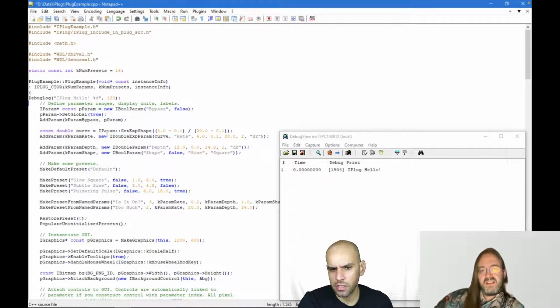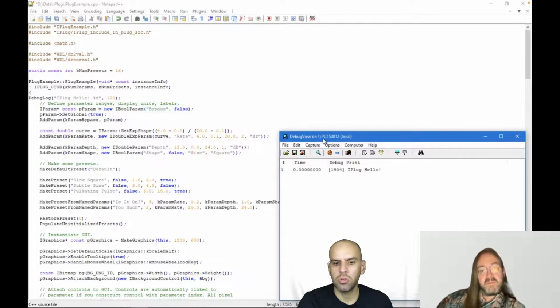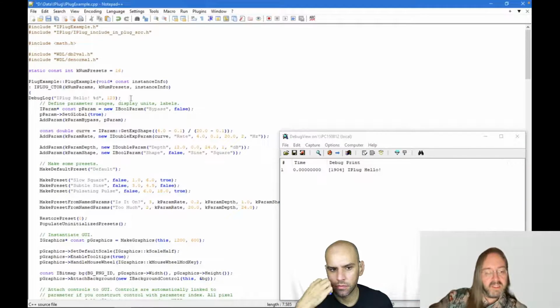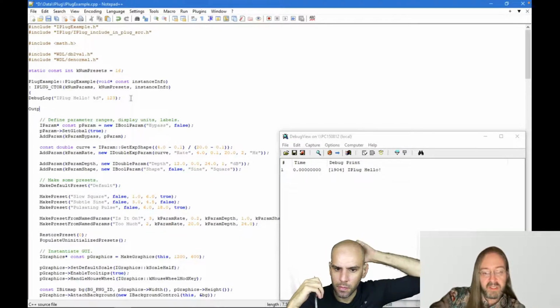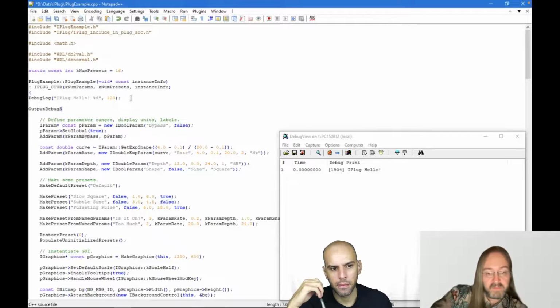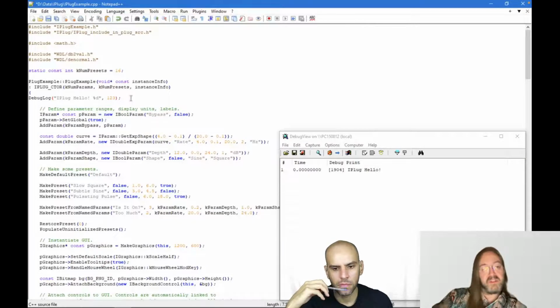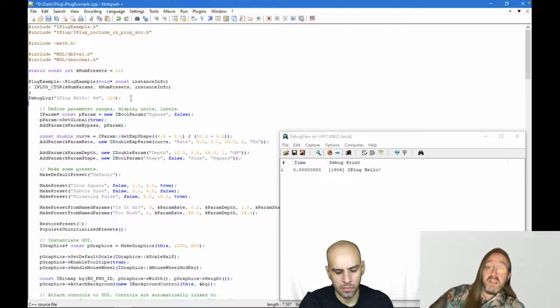So this debug view, it is something that comes with Windows? No, unfortunately not, and it doesn't come with Visual Studio either, but it's made by a former employee of Microsoft, and you can just download it for free. Okay, and it is attaching to a separate process and collecting messages. Yeah, under the hood, it's actually doing this. This is the Win API function that actually prints a string to that console log. But that can only do raw strings. So iPlug has a function that can handle printf format and then convert it to a raw string and print it there.